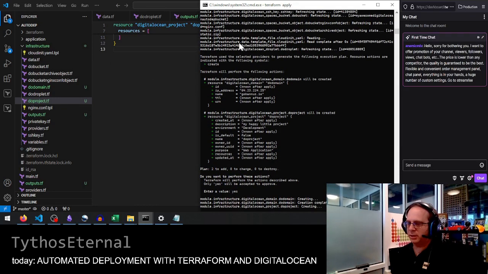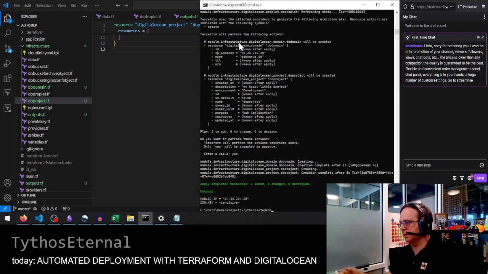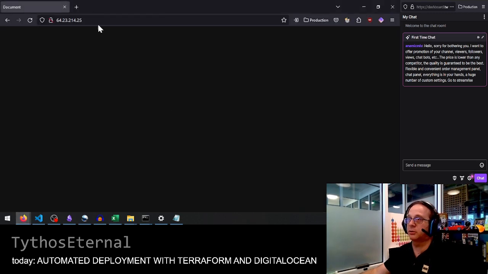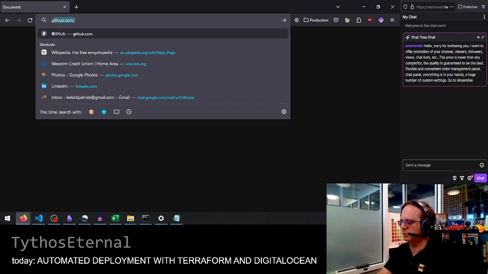So that creates the A record for that domain, points at that address. If you have any other records, there's a separate record resource that you can also attach to that domain representation, which is pretty nice. So actually what you'll see now is, especially since all that has finished running,